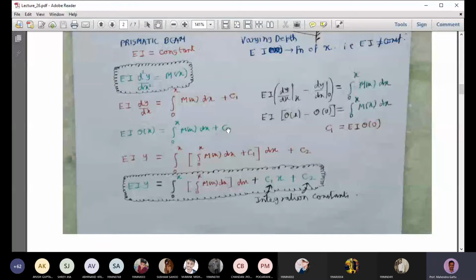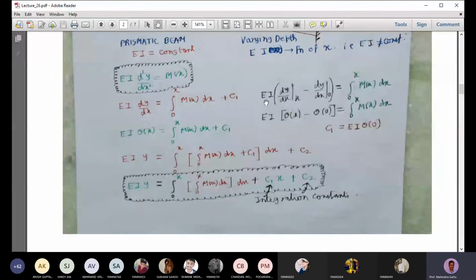A small digression I'm doing. When I say dy by dx, on the left hand side we are taking it like an improper integral, but on the right hand side we're doing a definite integral. On the right hand side we are taking 0 to x, but on the left hand side there are no limits from 0 to x. So we'll take a limit from 0 to x on the left hand side also.